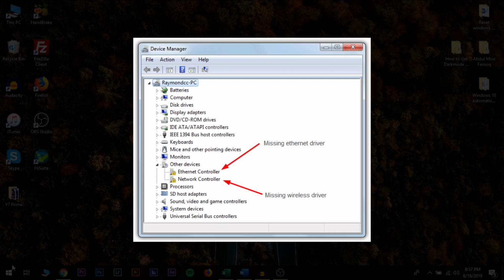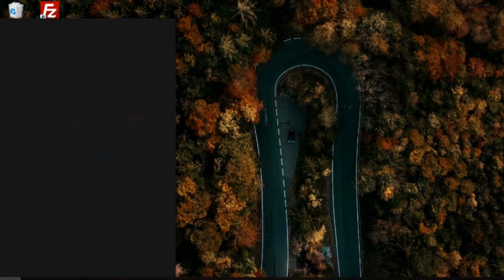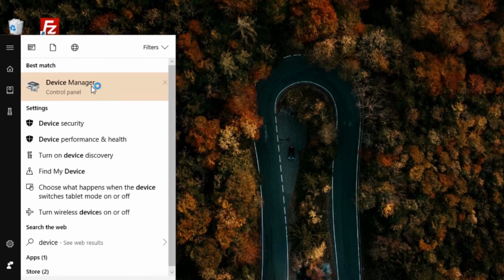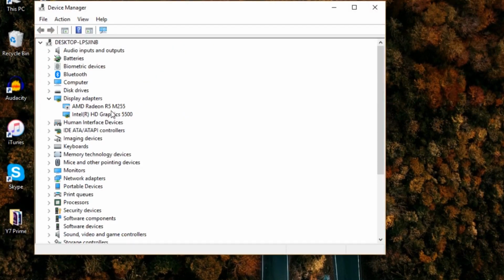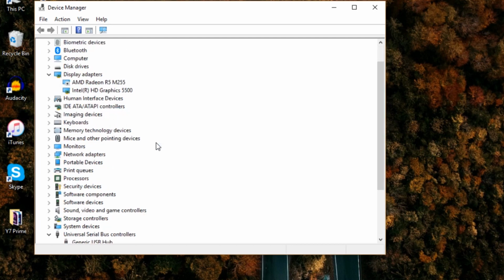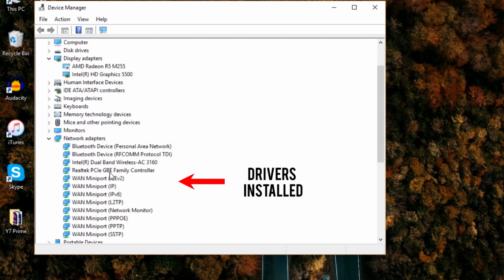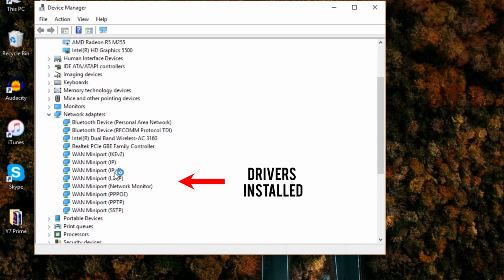Guys, before we start this tutorial, I want to make it clear that this tutorial is for only those people who have drivers for network adapter already installed. If you did a fresh Windows install and drivers for your network card are currently not installed, then you should first install them and I'm sure your problem will be solved. But if you already have the drivers installed and you're still unable to use the internet, then follow what I'm going to show you next and I'm sure your issue will be solved.